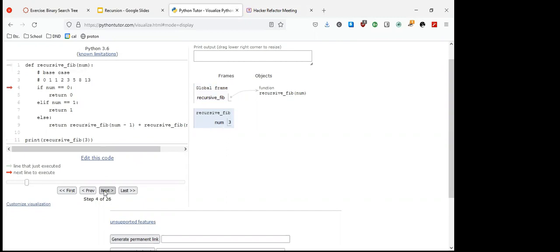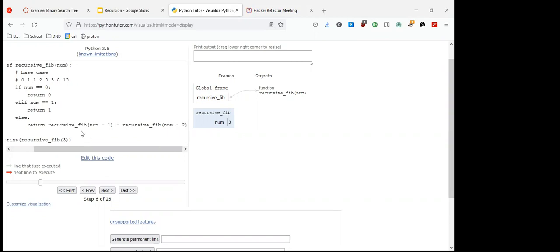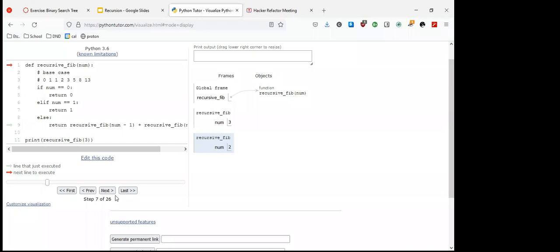It checks if it's 0, which it's not, checks if it's 1, which it's not, and it goes to our else. So it will return and make these two recursive calls. So we can see our stack here. The first one it does is recursive Fibonacci of number minus 1, which is 2. So it'll come back,